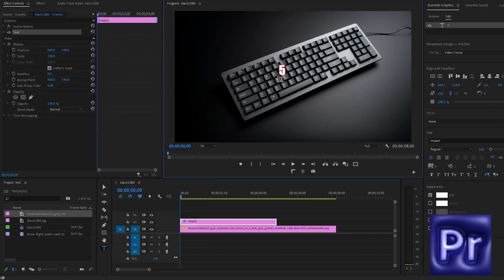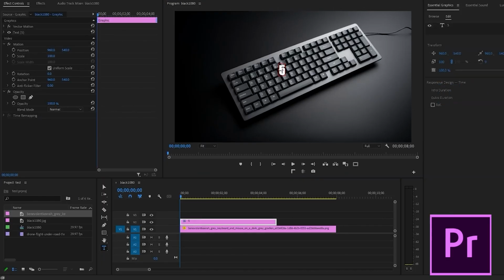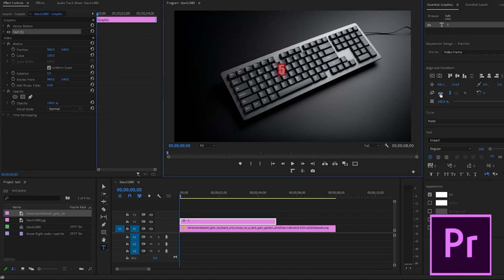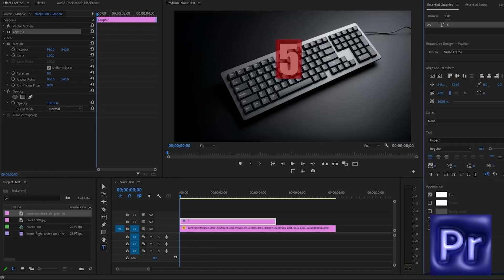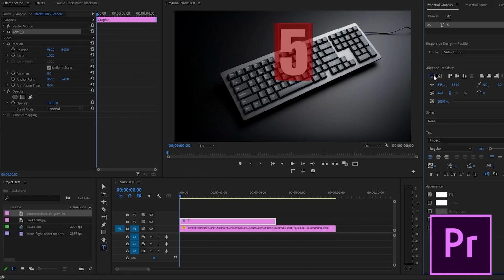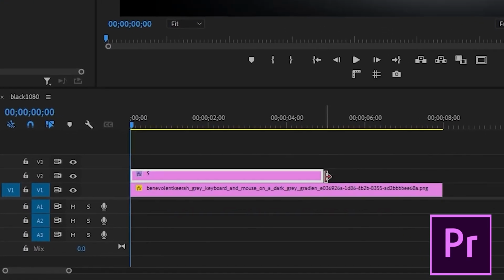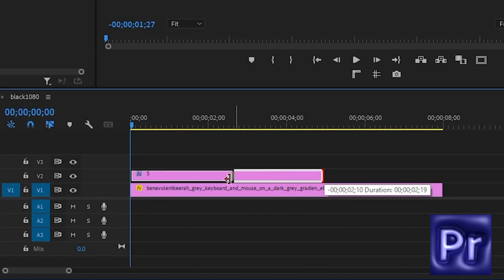on the preview screen. Double-click your number and go over to Essential Graphics and make whatever adjustments that you want. For this tutorial, I'm going to increase the size and center it. So the seconds match up with our countdown, modify the duration of your first number until it equals exactly 1